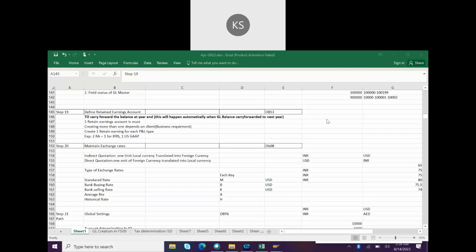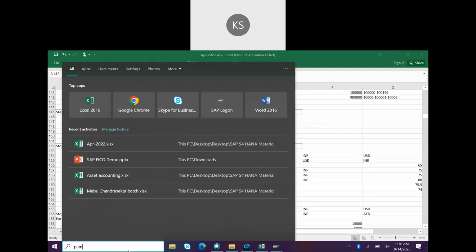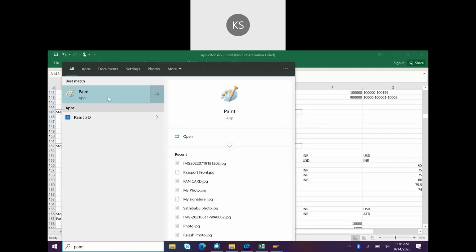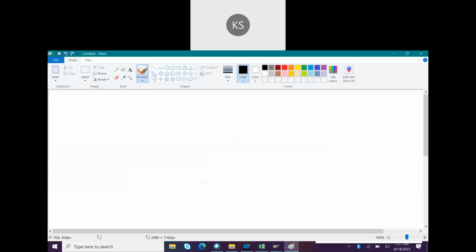Okay, so we will discuss how to define the retained earnings account. So what is a retained earnings account? Let me tell you. See, whenever you, maybe during your plus two or graduation, pass one journal entry, after passing a journal